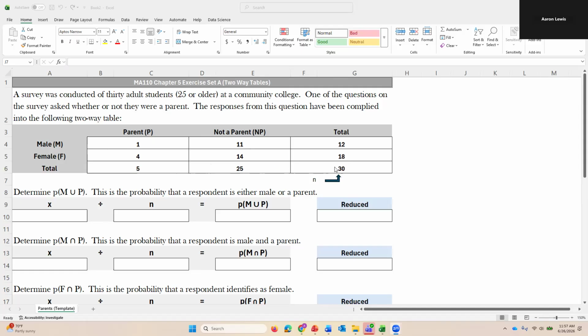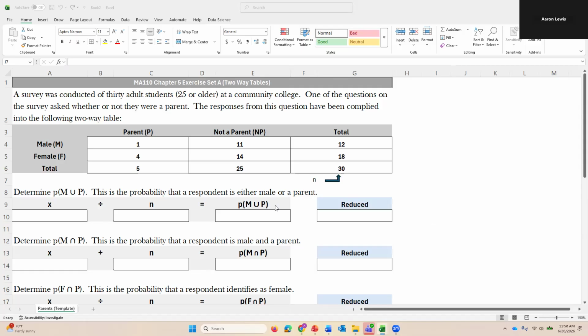So you're basically just breaking this down so you can, for lack of a better term, find the intersections. Find how many male students were parents, how many female students were not parents, etc. You're just breaking down the information into the different categories. And for us, we're asked to find some probabilities. The first probability we are asked to identify over here is the probability of male union parent, or male or